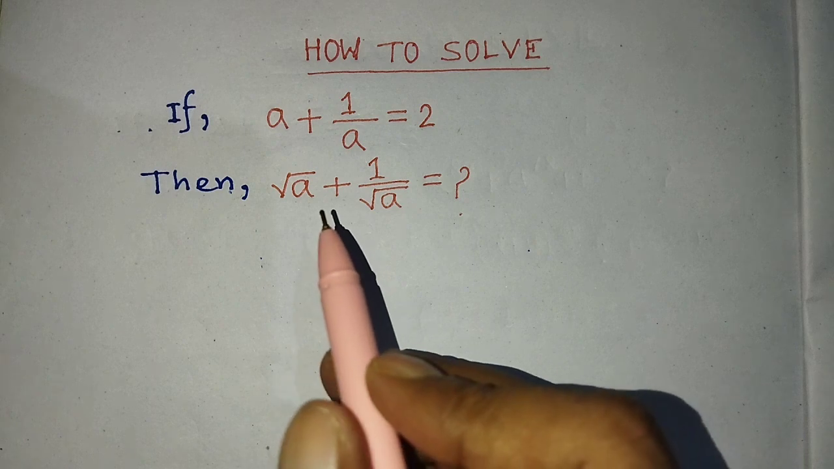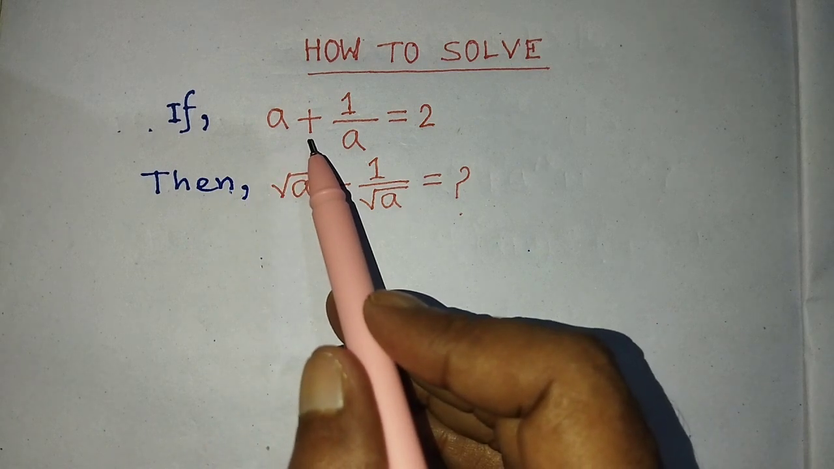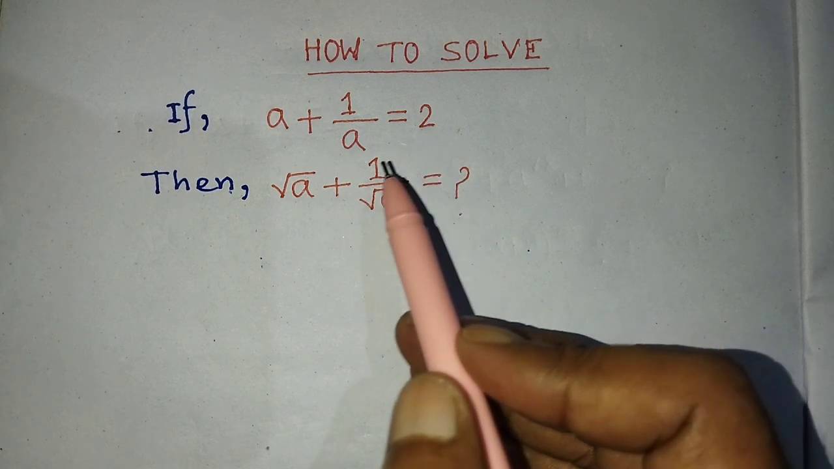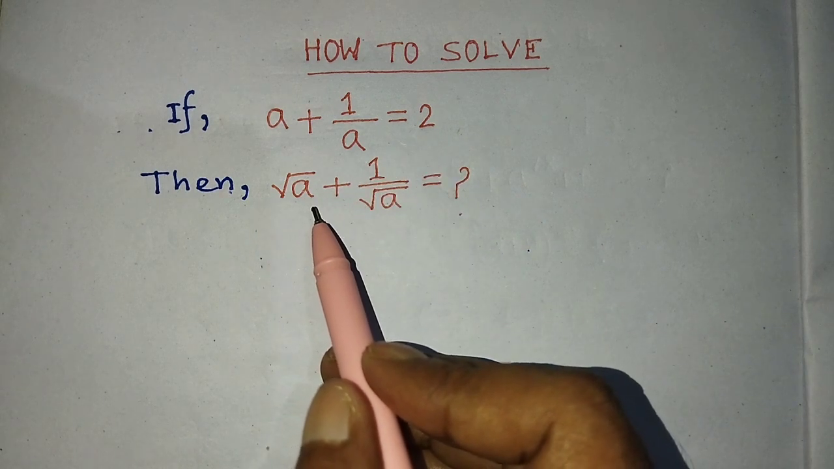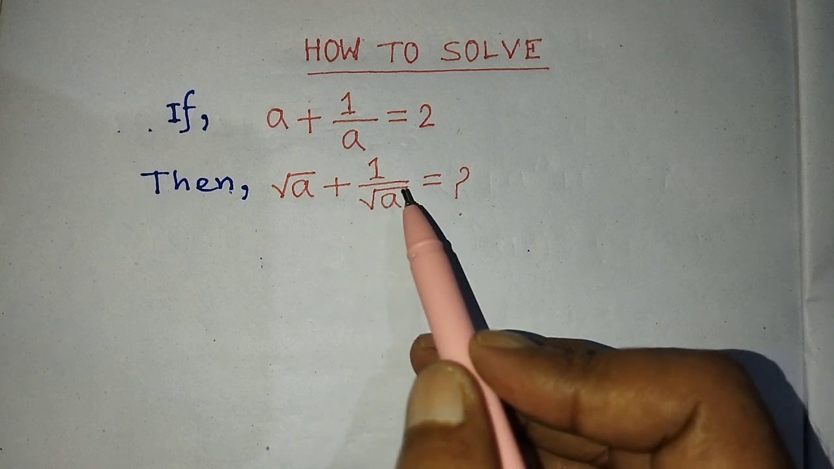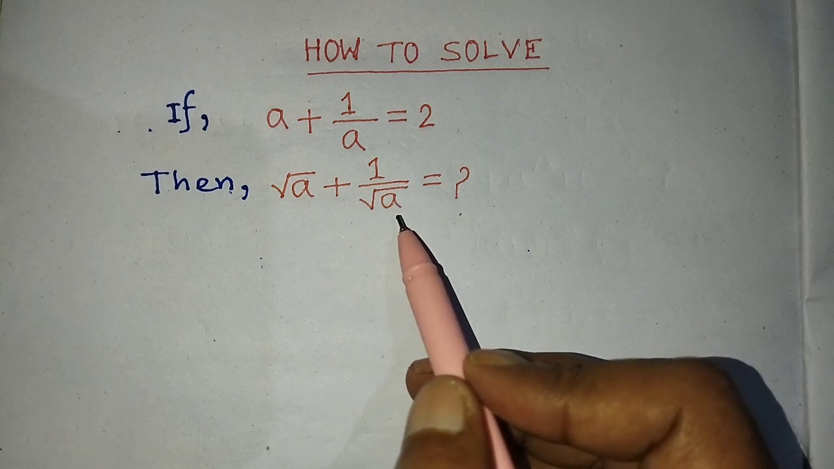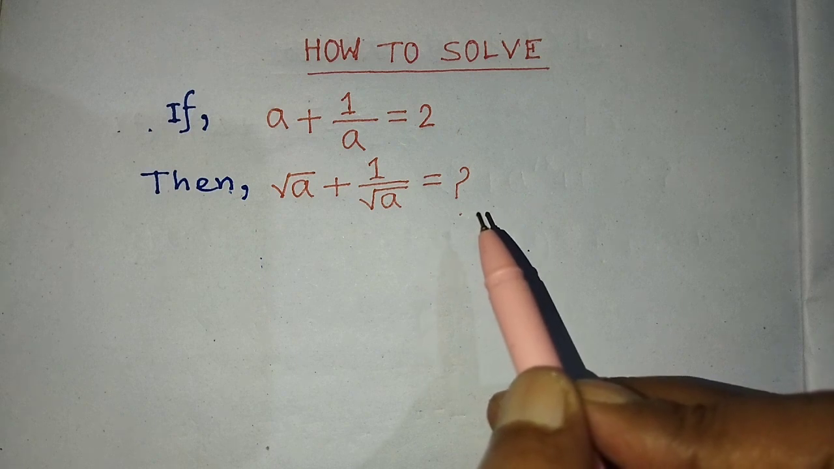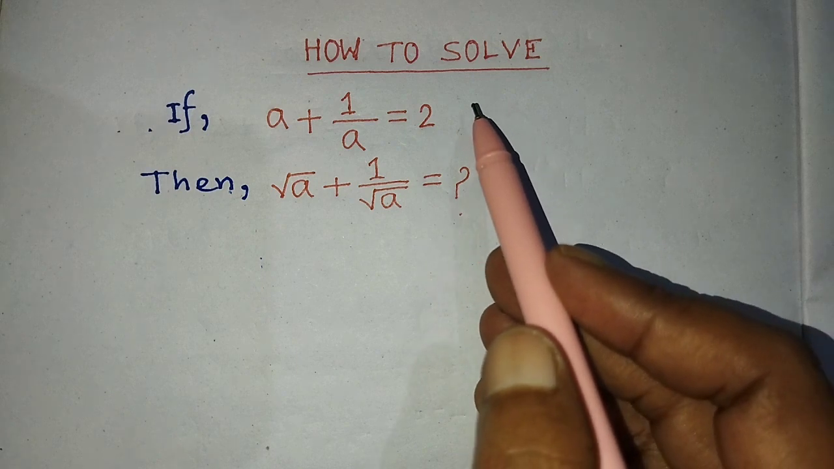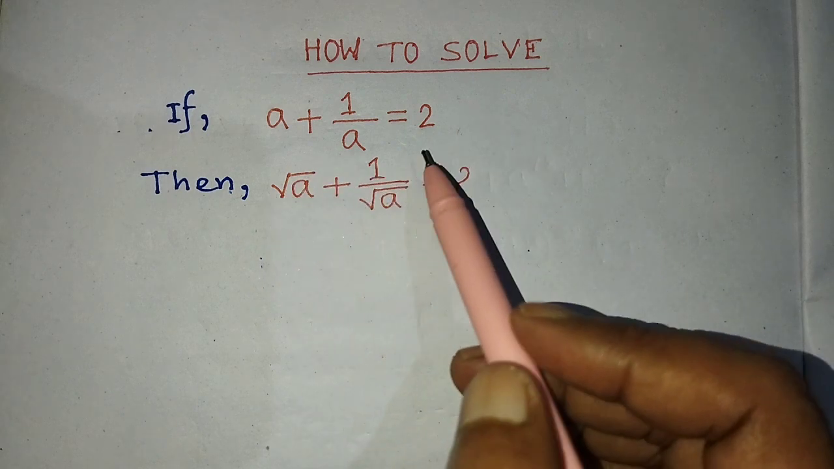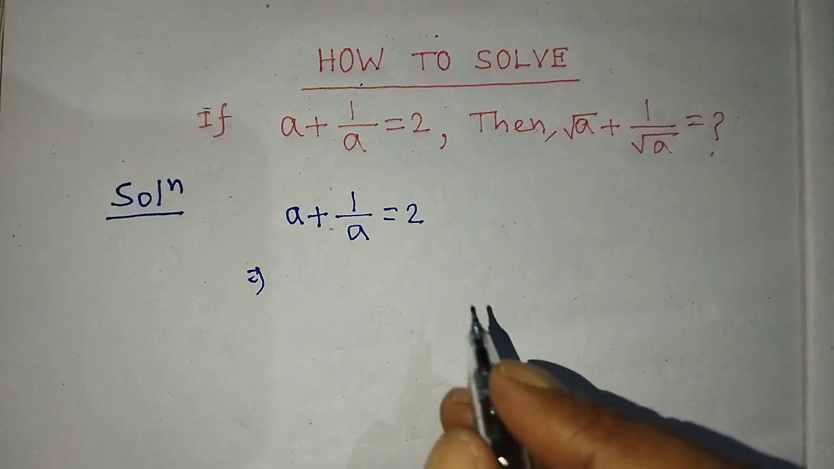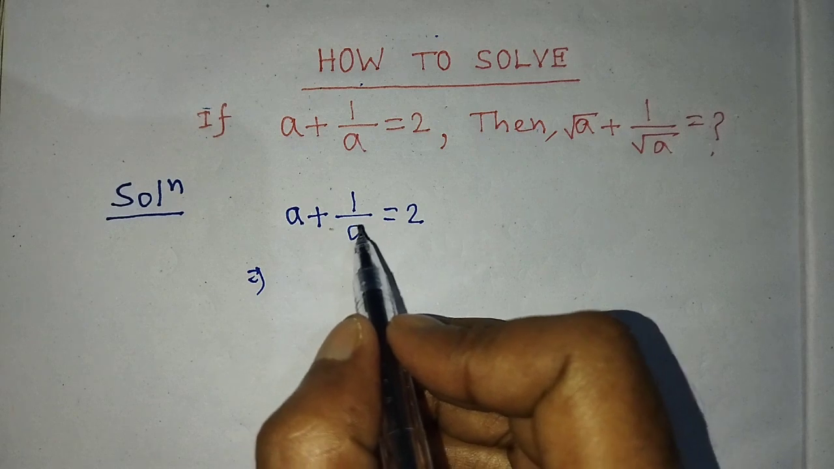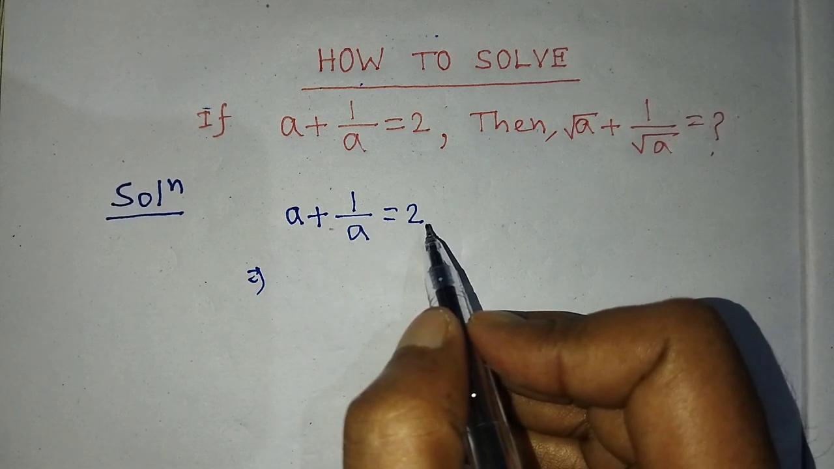So my dear student, today our question is: if a plus 1 over a is equal to 2, then find the value of root a plus 1 over root a. So student, in this video I will tell you how to find the value of this algebraic expression from this equation. So my dear student, in this question it is given that a plus 1 over a is equal to 2